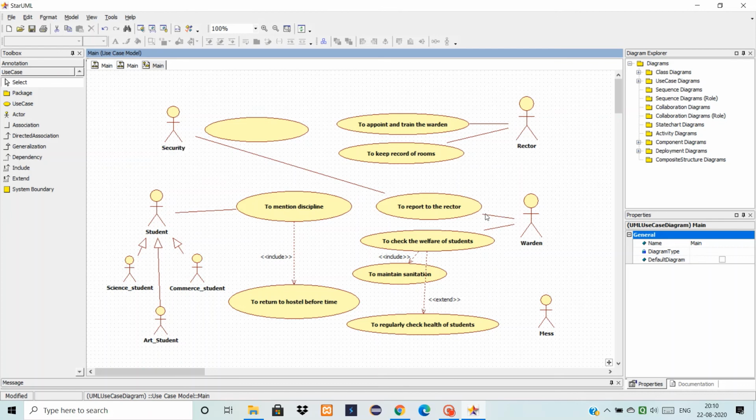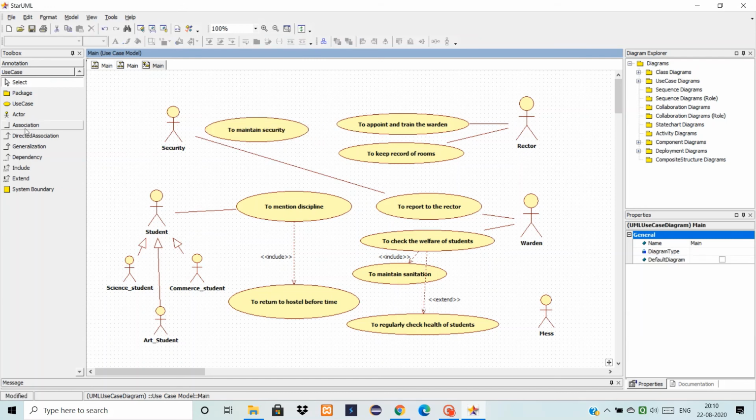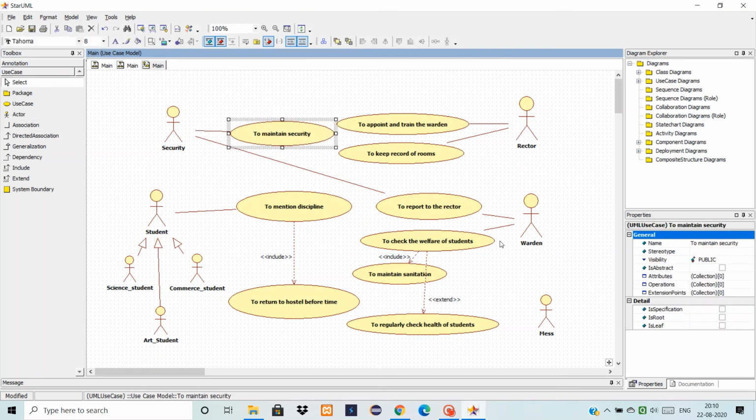Security will also report to the rector and warden will also report to the rector. So we are showing association from both of these actors to this use case. And to maintain security is his basic function. So I think I've covered all.